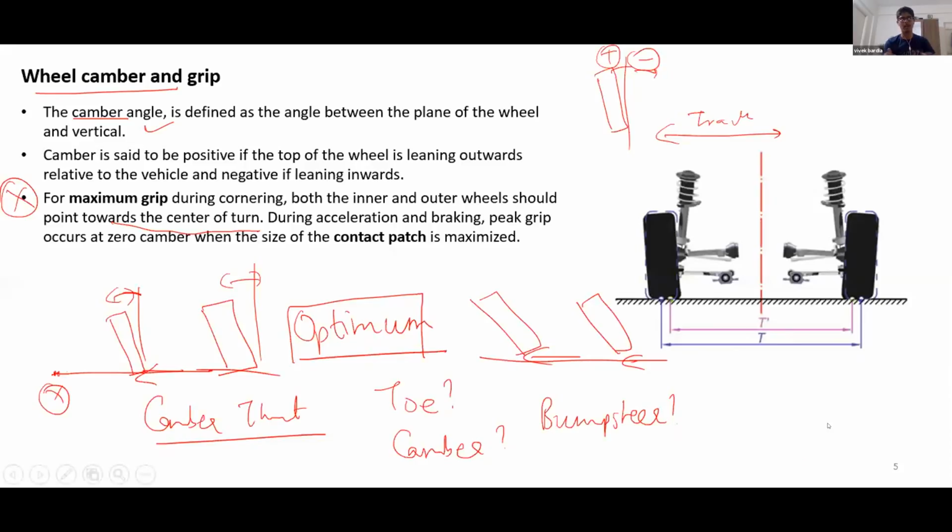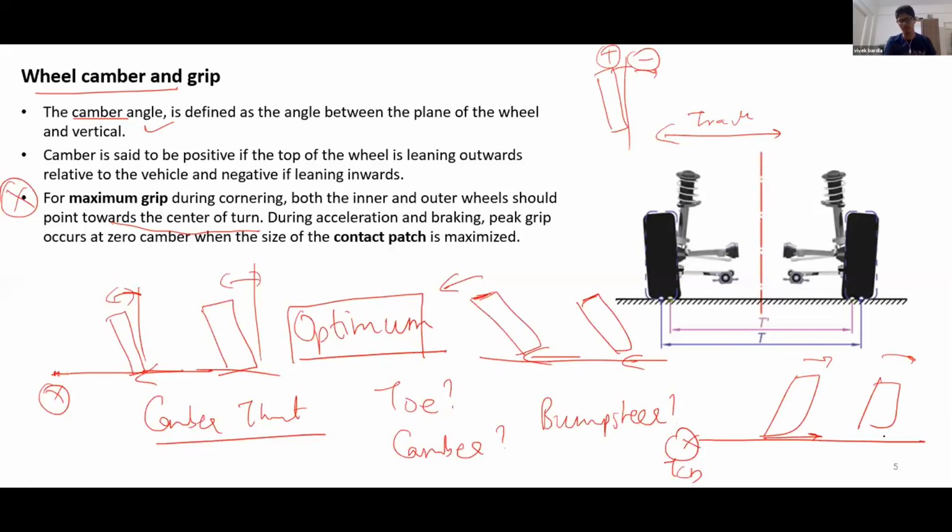During cornering, I would like to maximize my camber angle, and it is not any kind of camber angle, okay? Note this. The outside of the wheel, the upper of the wheel, needs to point towards the center of the turn. If you have a suspension in which your wheel becomes like this, and this is the center of the turn, and if you have the opposite kind of characteristics, then obviously you're going away from peak performance, because